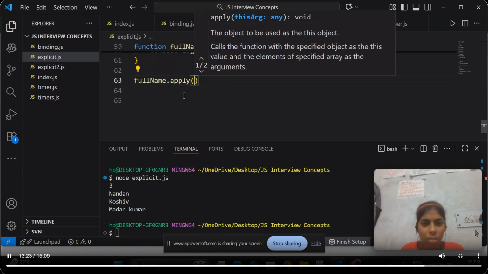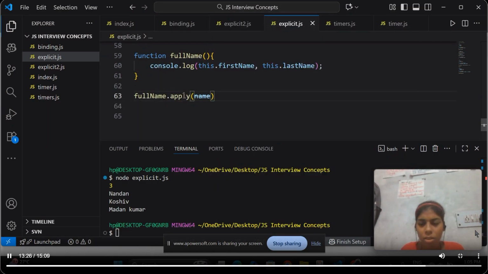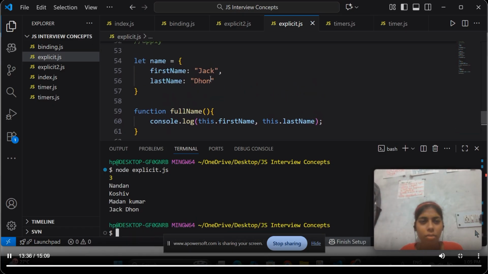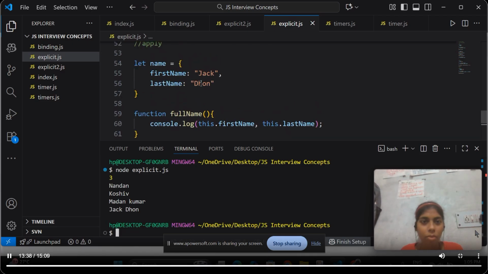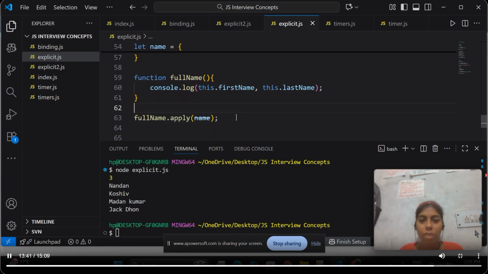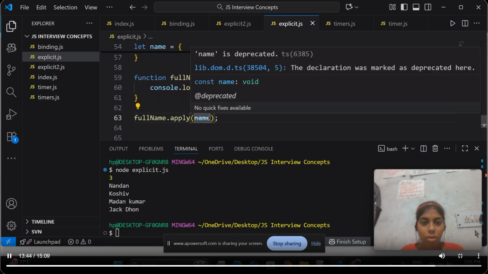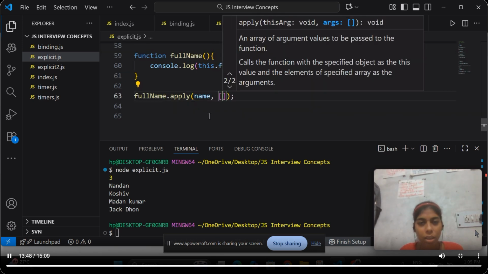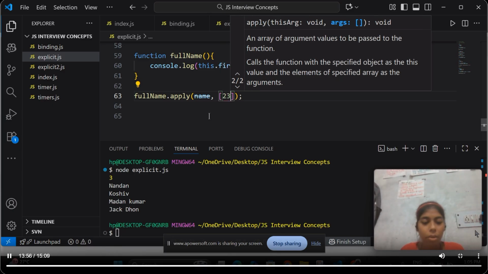If we run the function, we will get the person's full name with this apply method, and we can also add more data with it. Inside, we can write an array, and inside the array we can write any more data, like phone number,